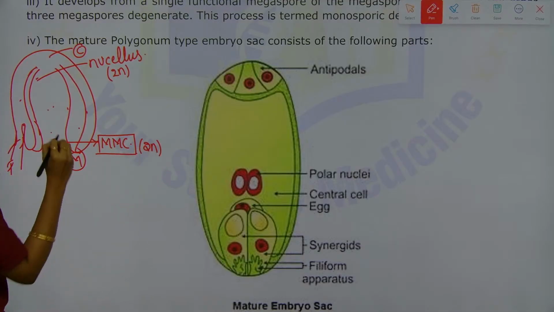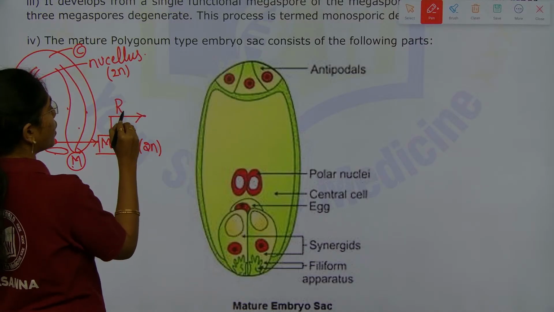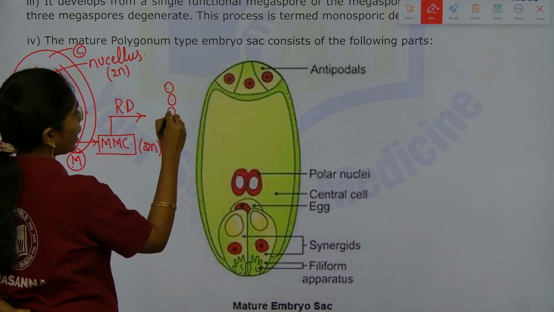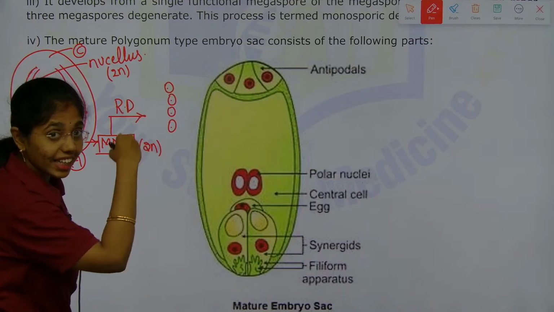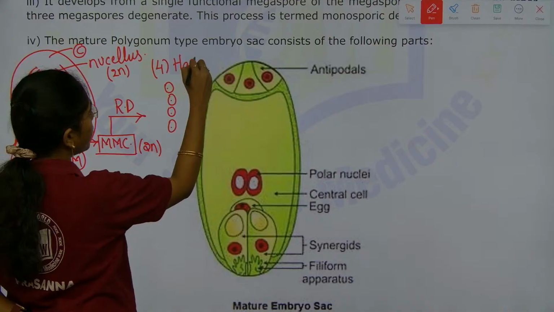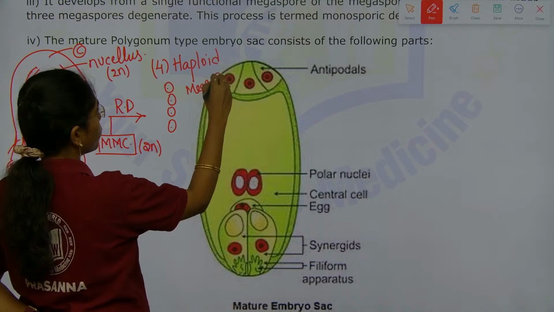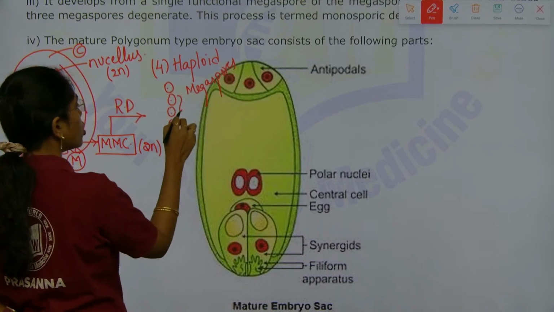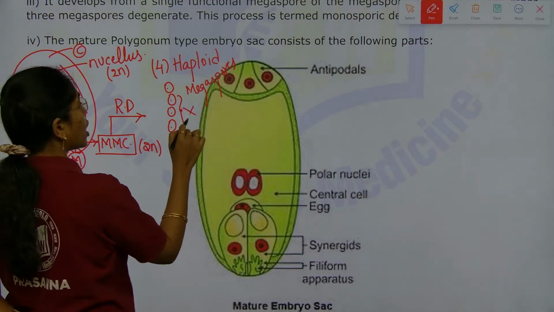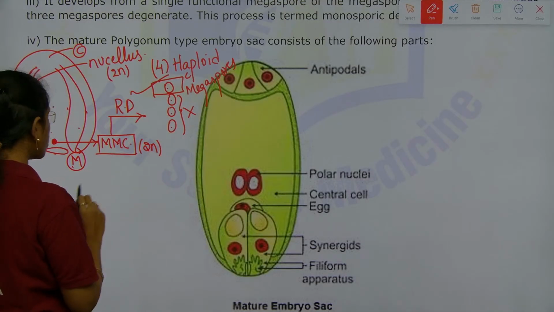This megaspore mother cell will first undergo meiotic division, or reductional division, which results in the formation of 4 haploid megaspores, a linear tetrad. Of these, the 3 megaspores towards the micropylar end will degenerate and 1 megaspore towards the chalazal end will be functional. This one functional megaspore